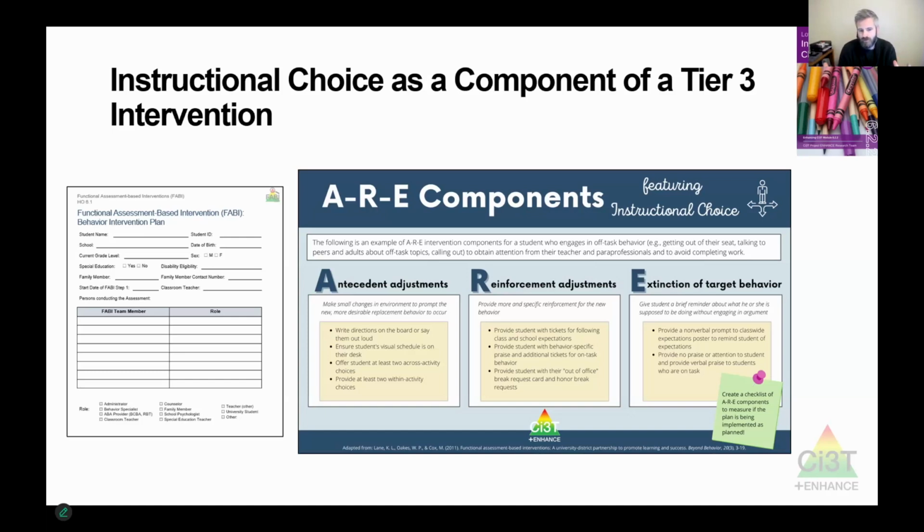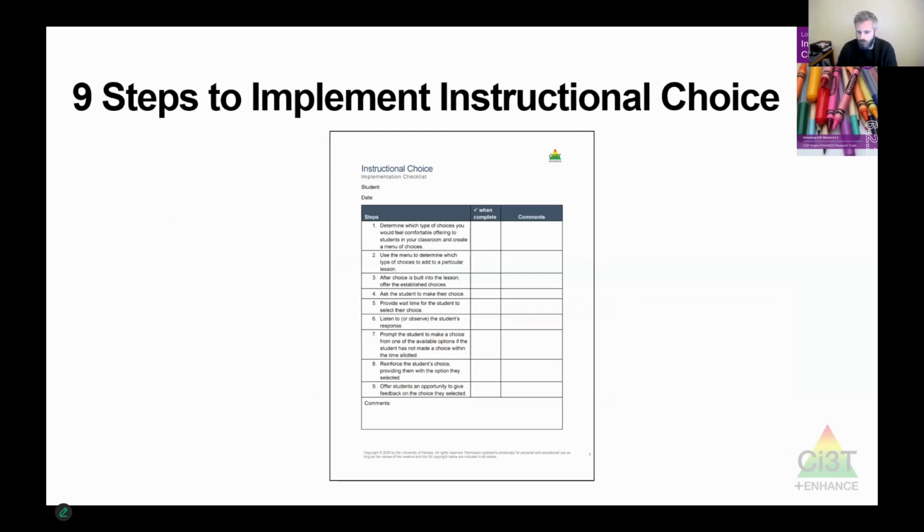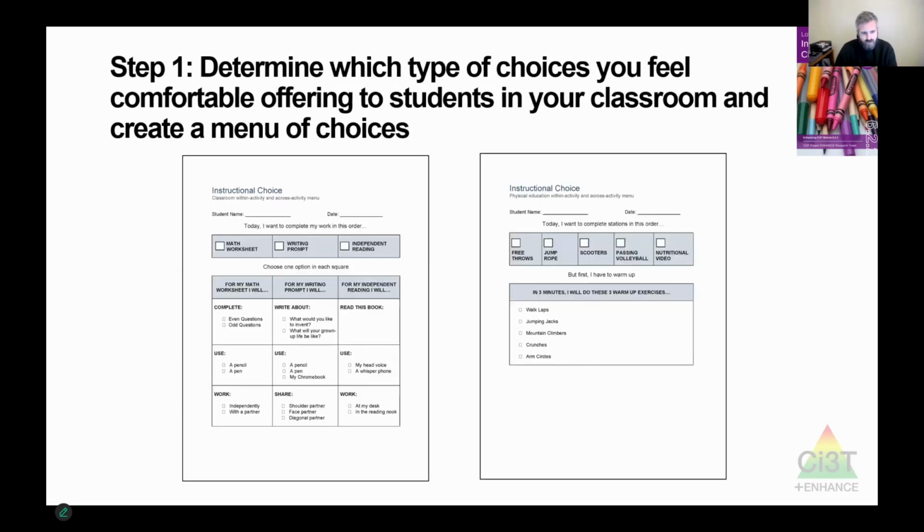So definitely thinking about this across those multiple dimensions of how this can be used is really helpful. And hopefully that's motivating to you to know there's a bunch of different use cases here. Okay, so hopefully that wasn't too abstract. Let's get back into the concrete. How do we do instructional choice effectively? Well, we've got a step-by-step process that's going to walk us through.